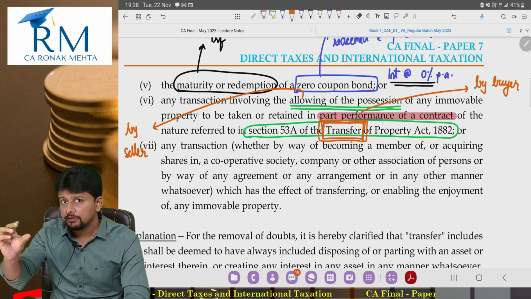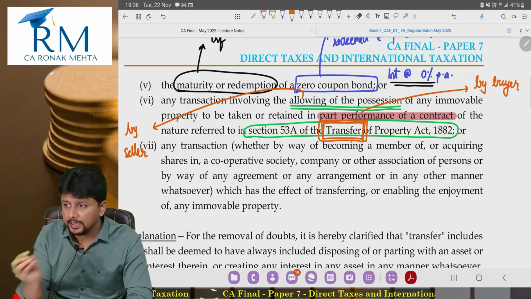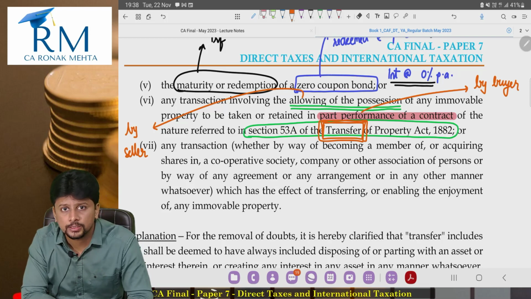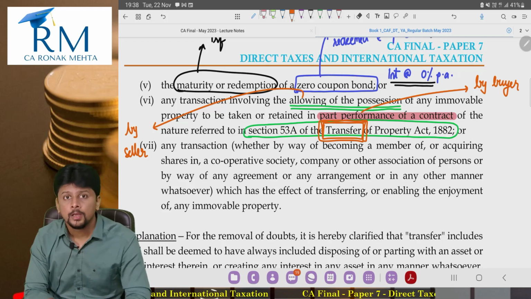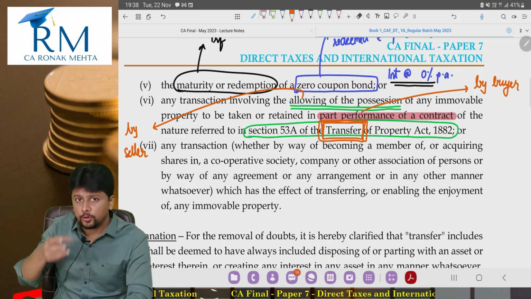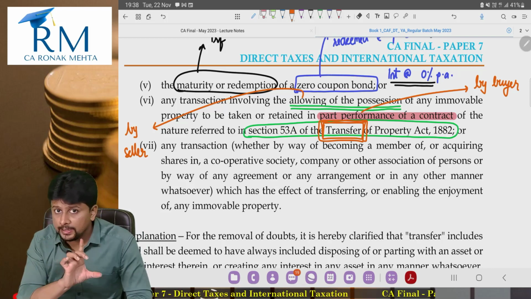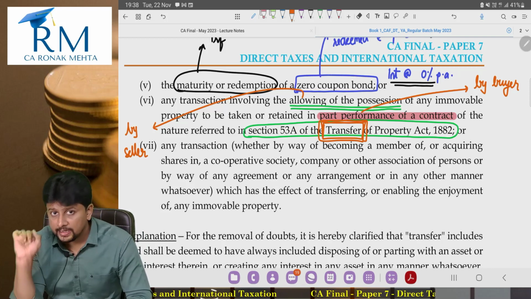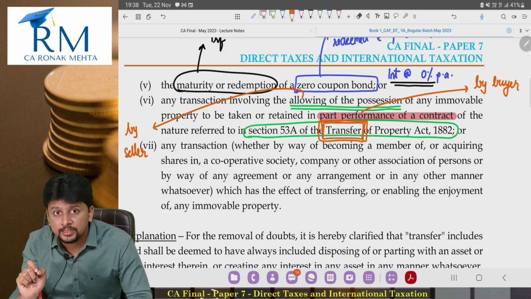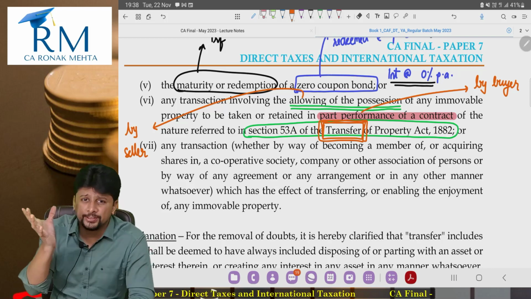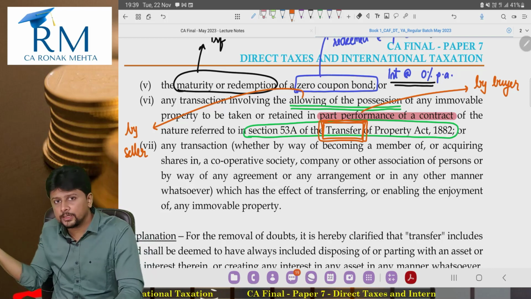So some part of the contract is performed, balance part of the contract will be performed in due course. The buyer has paid a certain percentage of the consideration, balance consideration he will pay later on. He has agreed he will pay it. On that agreement, on that promise, you are allowing him the possession of the property, and everything is as per contract. There is nothing oral. There is a contract in writing for a consideration. As a seller, you are allowing the possession because he has partly performed the contract and agreed that he will perform the balance part also.